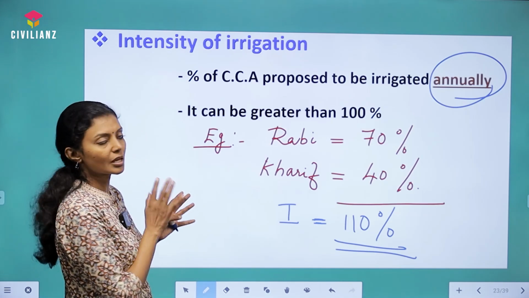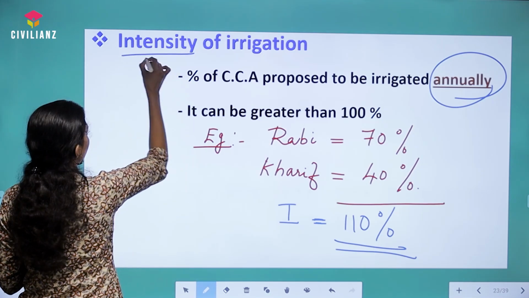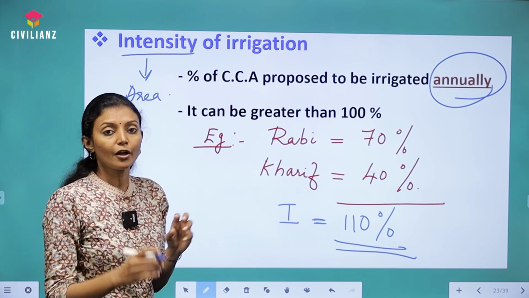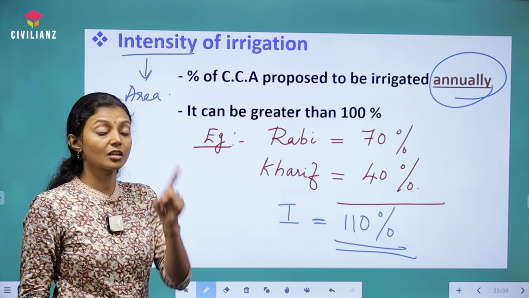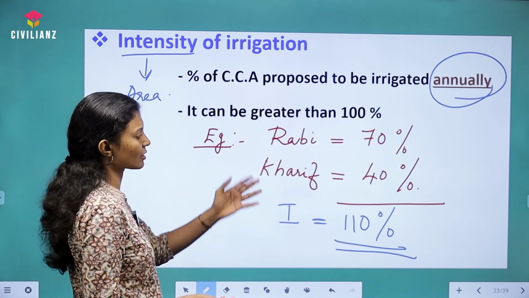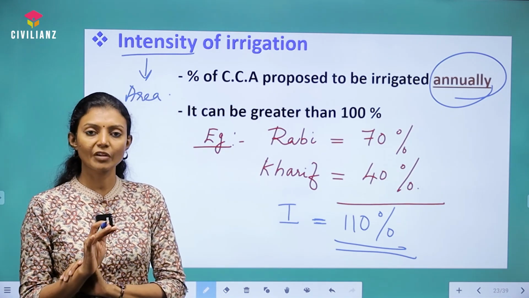So, intensity basically indicates area. You are talking about area. The percentage of CCA which is proposed to be irrigated during 1 year or annually. So, it can be definitely greater than 100%. So, it is very important